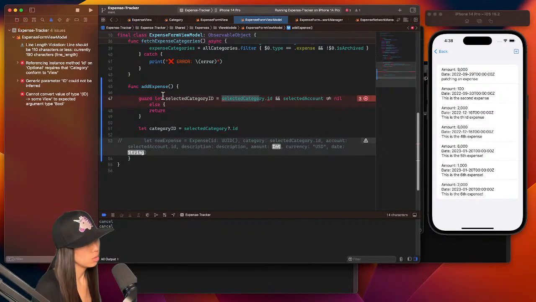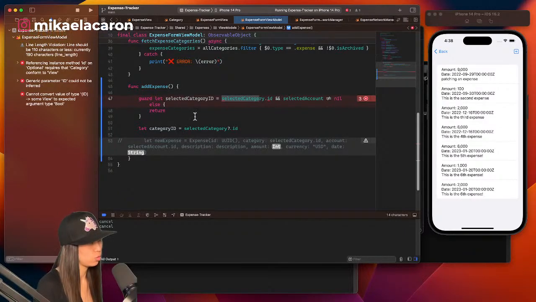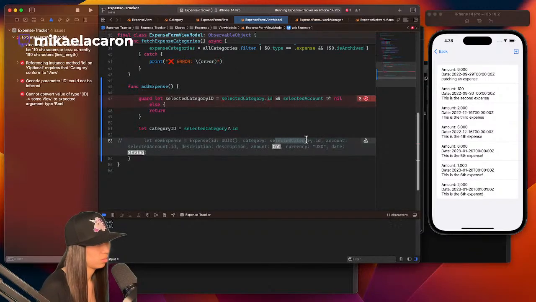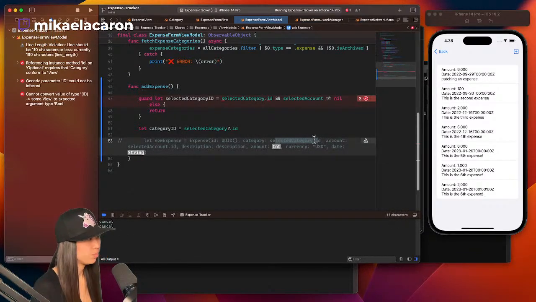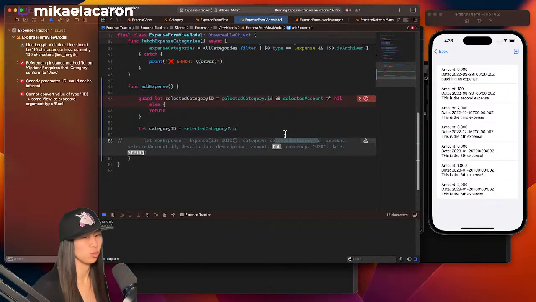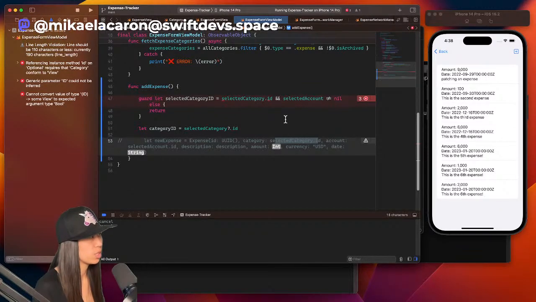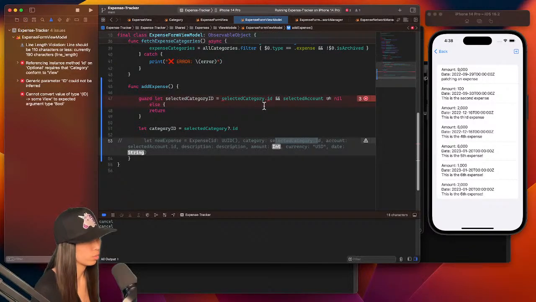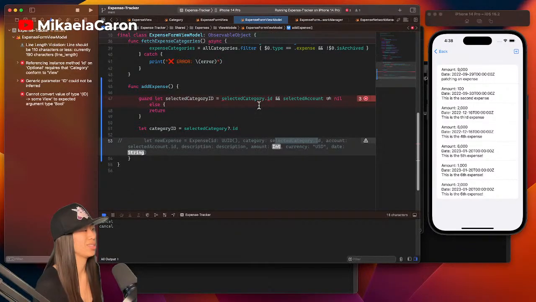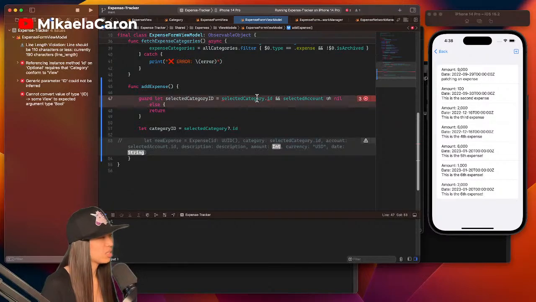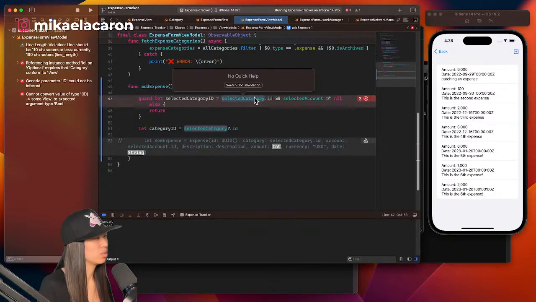So then we just have one guard statement and can use that value here directly, rather than having to do two checks. Because really, we wouldn't need to do two checks. One of them technically should be fine, hopefully, but it's not like this. Because selected category can be nil,